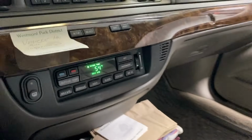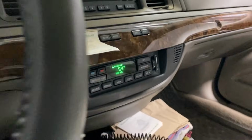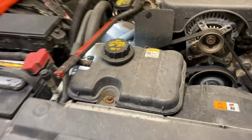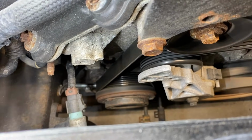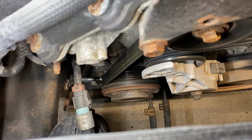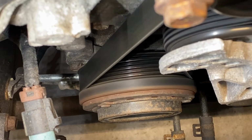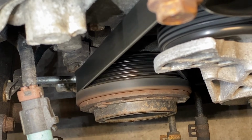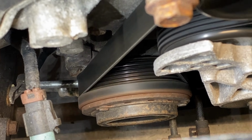So we have max AC selected, and it's running. So let's go out here and see if our clutch is turning on. Sure enough, it is not. You can see it right there. Not coming on, so it could be an electrical concern, but I'm betting just like any other vehicle, it's lost